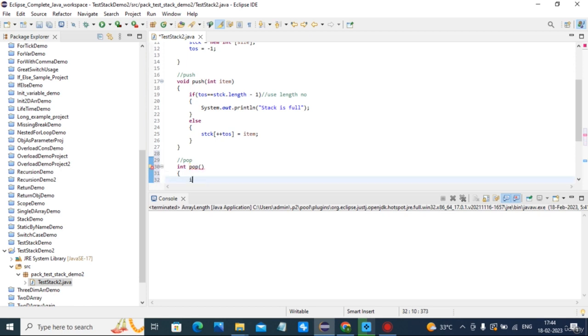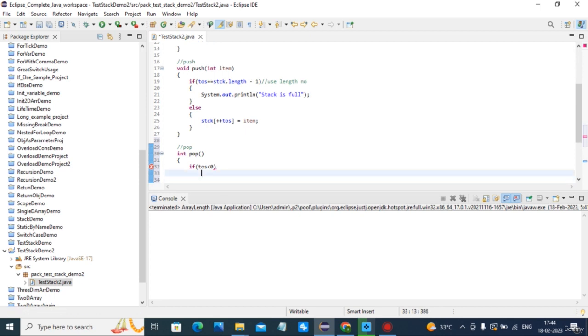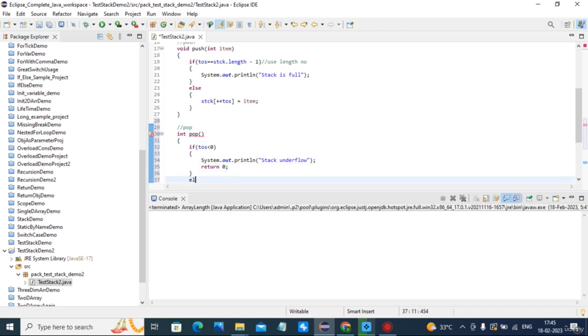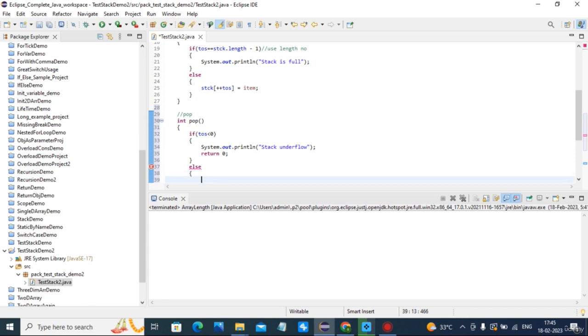Then if top of stack is less than 0, print stack underflow and return 0, else return stack of top of stack minus minus.